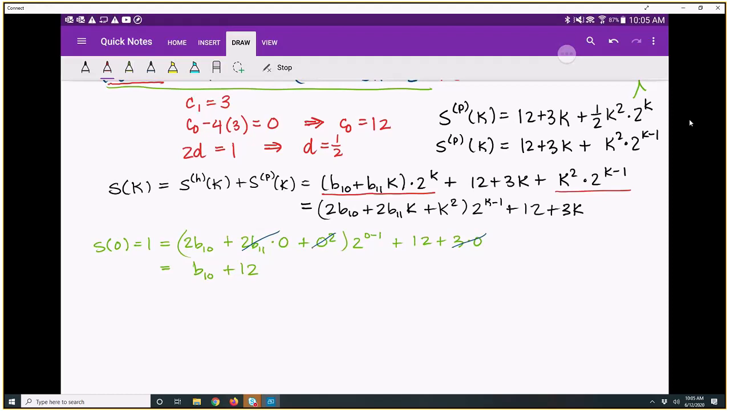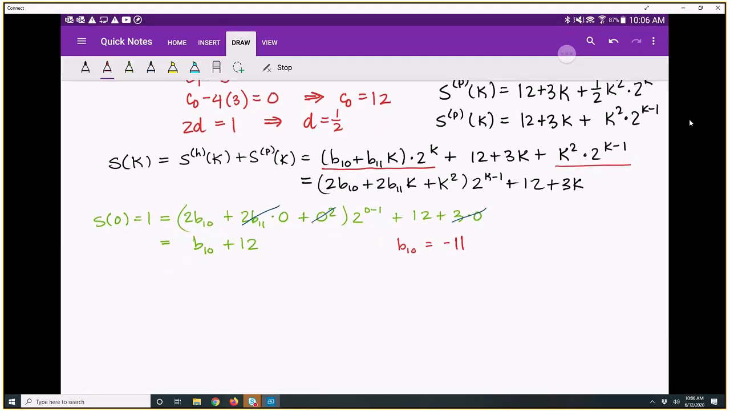So from this, I can get an equation, which is b10 equals minus 11. Just subtracting 12 from both sides. 1 minus 12 is negative 11, and b10 plus 12 is b10, once I subtract the 12. Okay, so I found my coefficient b10. Now I can use the other initial condition to get one other equation. S of 1 is equal to 1,